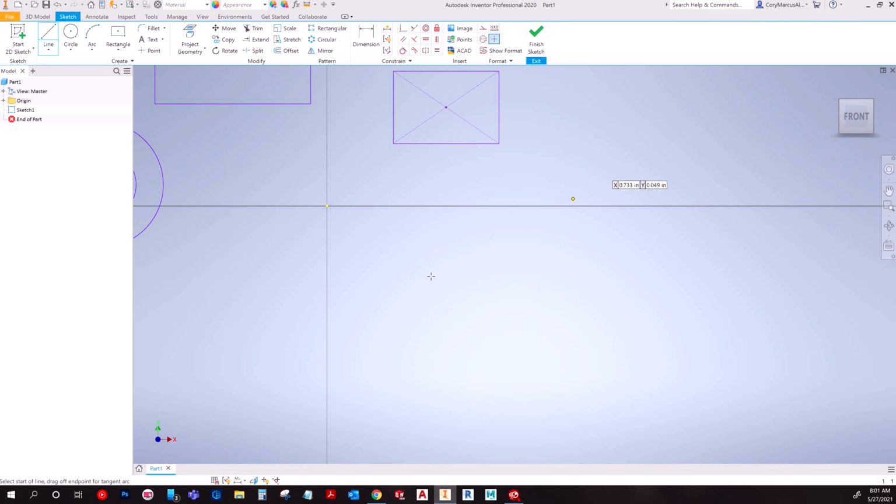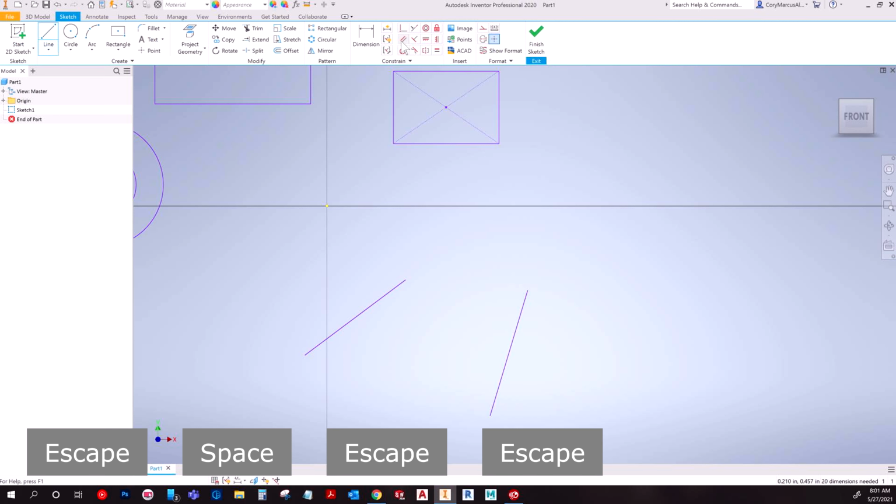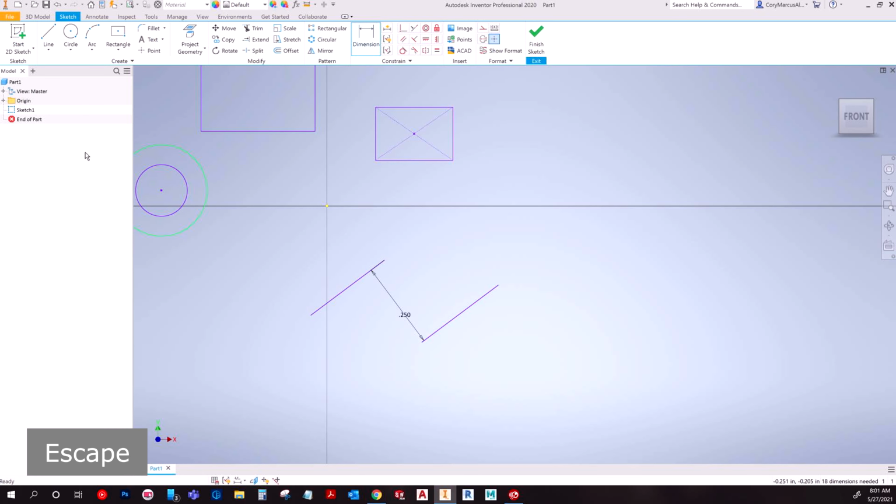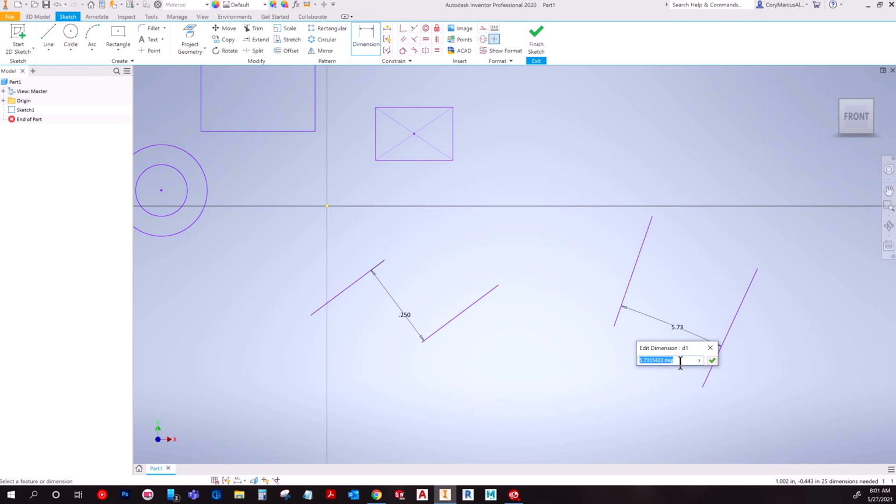I'll draw some stuff over here. So basically, I take a line, I click it, I click another line, and boom, they're parallel. And this allows you to then slap in a dimension that is aligned perpendicular to each line, so that you can actually size it appropriately. Because if I were to have 2 lines that weren't parallel and dimension them in between them, you get an angle dimension. It looks fine at first, but then you pop it up and it says degrees, and you're like, oh crap,